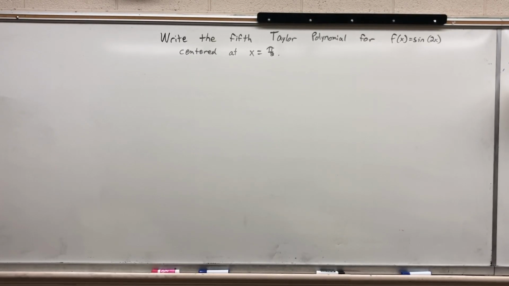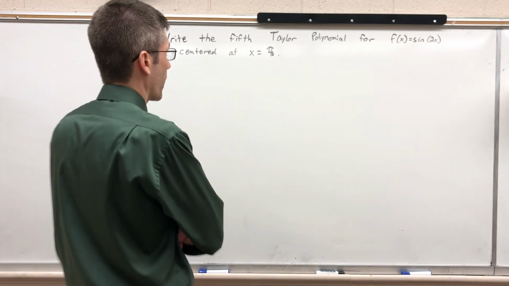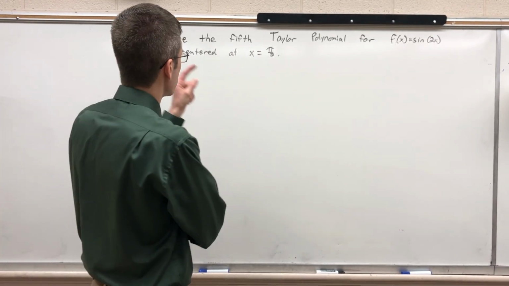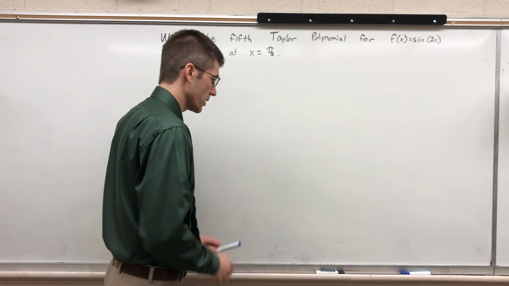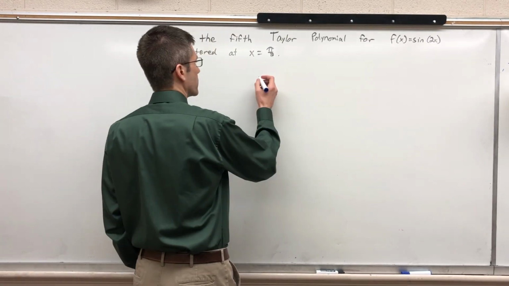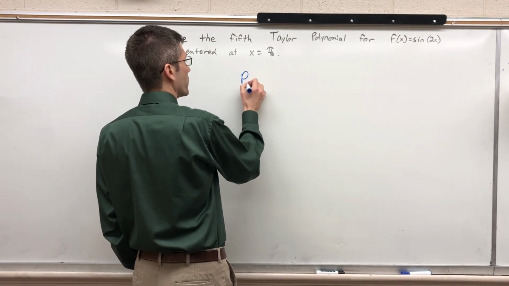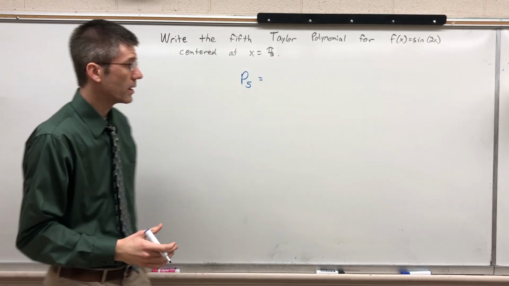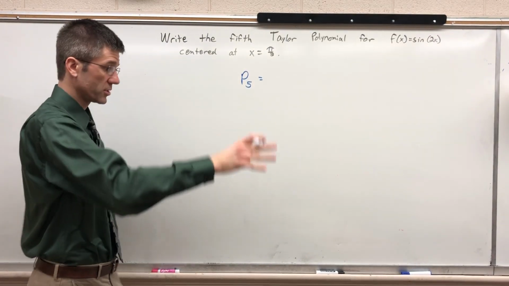We're going to write the fifth Taylor polynomial, and that really does mean fifth degree, and you could put the word degree in there, but you don't have to. And it's for that function, it's centered there, and we know the general formula, so let's grab a marker and let's do this. So if I wanted the fifth degree Taylor polynomial, then there's a general formula that will follow,